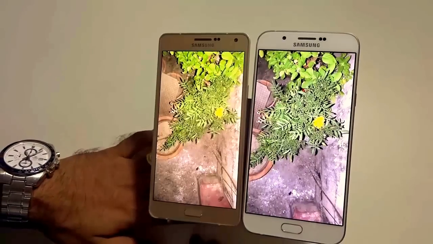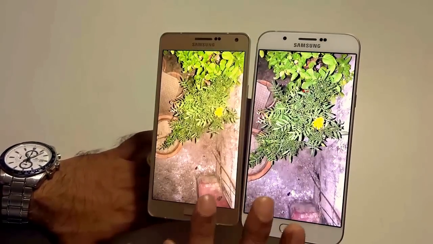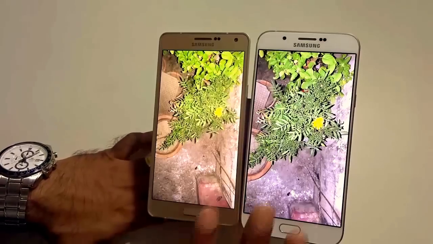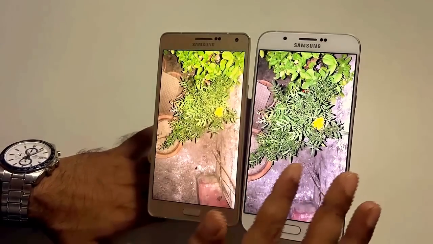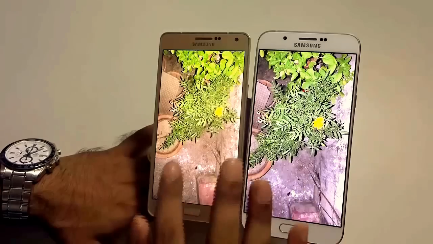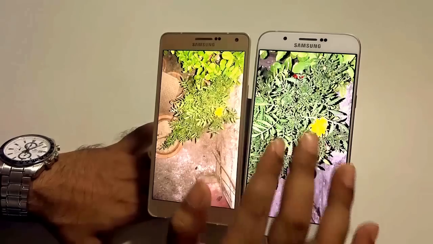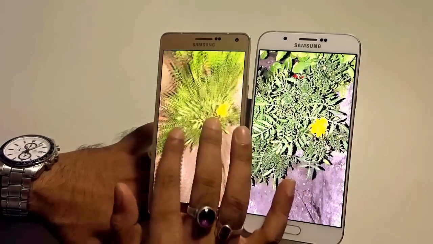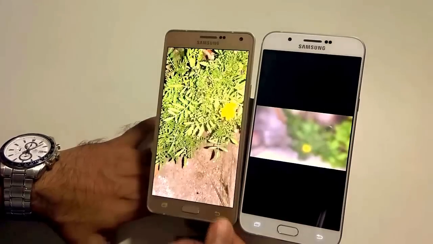This is a striking picture because it was shot in complete darkness, utter pitch darkness without a single ray of light. Now the Samsung Galaxy A8 has a self-enhancing mode in its camera which is missing in the A7, as a result of which you will find that the picture in A8 turns out to be wonderful compared to that of the A7. So one way or the other, A8 does cost more than A7.